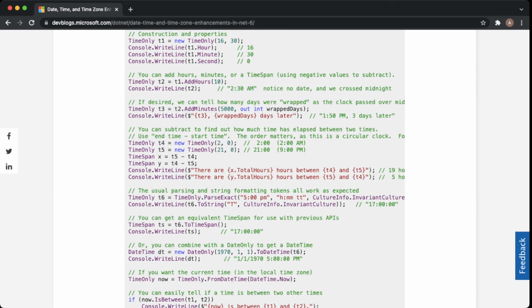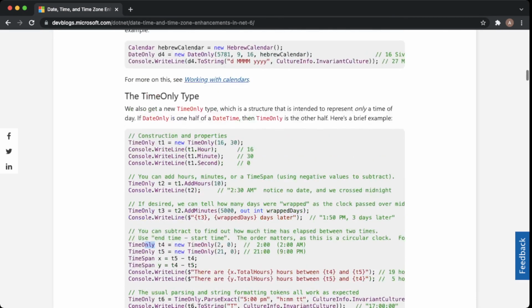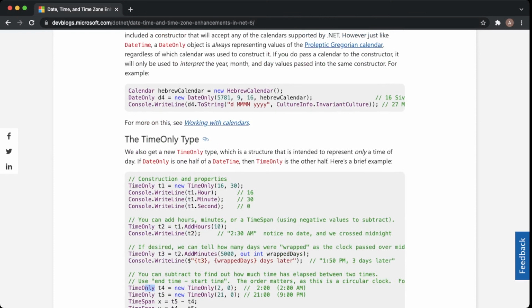Because in Visual Basic we have a keyword Date, which is actually an alias of DateTime. So it would be a conflict in Visual Studio. So to remove that conflict, they added the Only type. So this was the main reason.